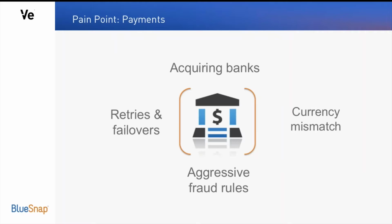And yet now we run the risk of this transaction not going through. And this isn't because they don't have enough money in their account, to be clear. Those shoppers, there's nothing to be done for them. But when they have enough money, there can still be issues that cause failure at the point of payment. And this can be because of how fraud rules are set up, either within the acquiring infrastructure or at the banks themselves. This can be how just the lack of the ability to do failover if there's some kind of